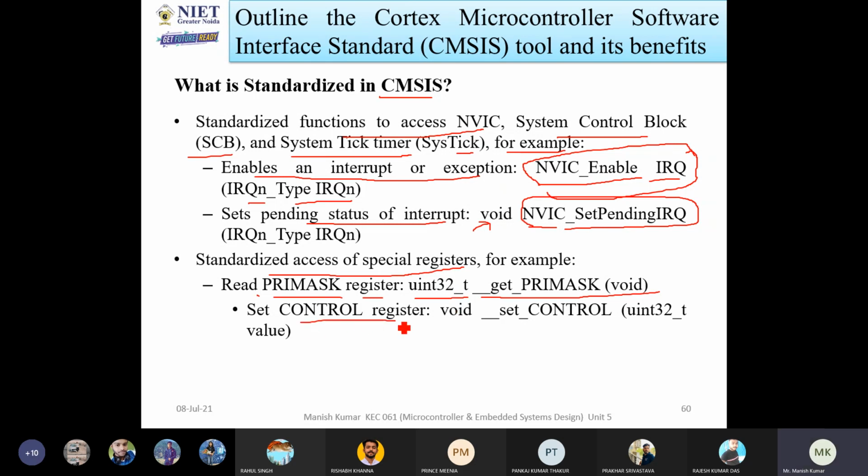And also set the control register, void __set_CONTROL(uint32_t value). What is the meaning? You are going to set the control register value. The register is a 32-bit register. So these are the standard things. If you understand once, then you can apply it in any types of families like the Cortex-M families, either M0, M3, M4, like that.